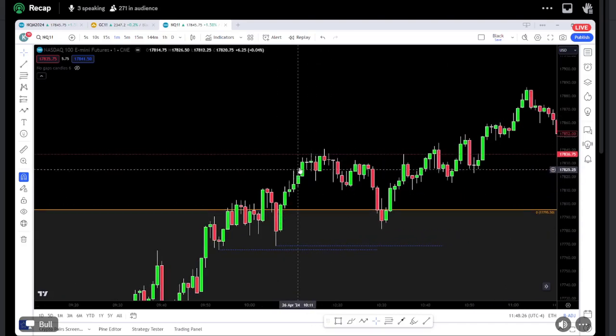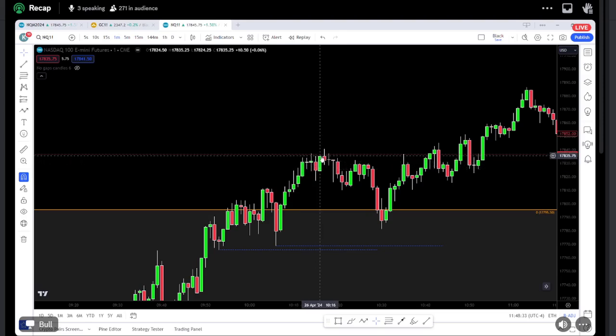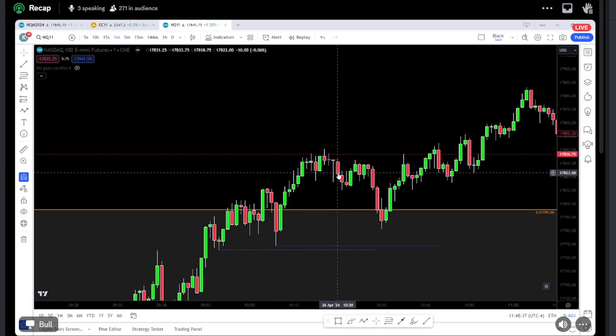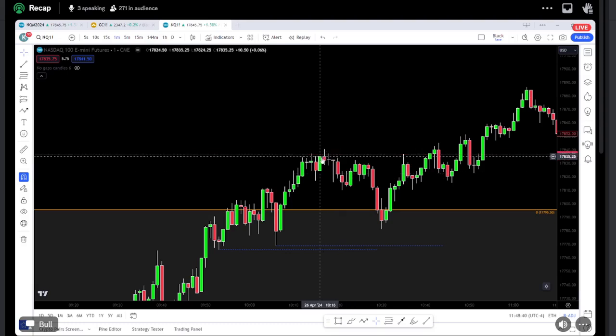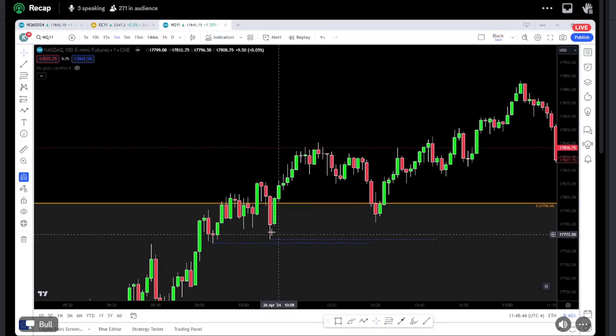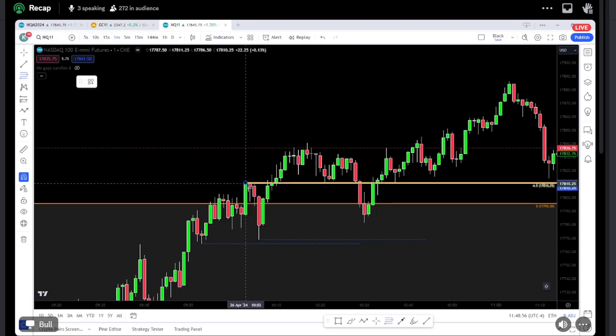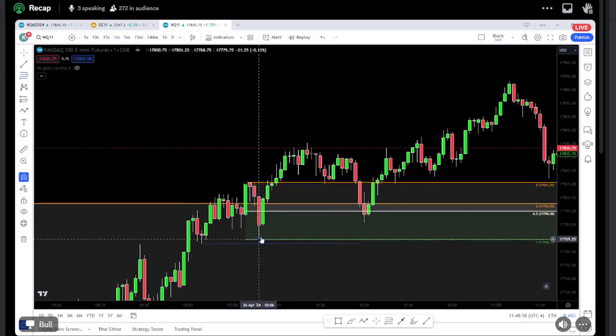So we continue up. We've got a closure here. This bar didn't close above this one. Trade up. This bar closed above this one, and we get our valid high in here as a result. But our protected low is where? All the way down here. So recall from videos 1 and 2 that this range here was our prior range. This is our new zone with our protected low.